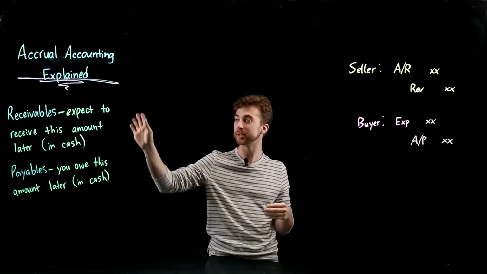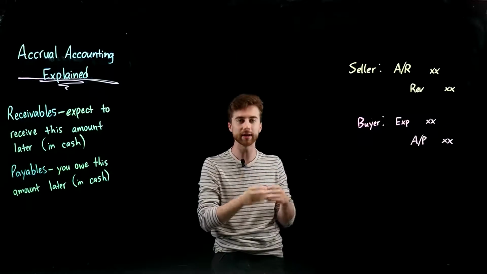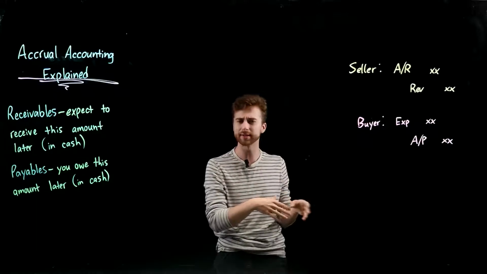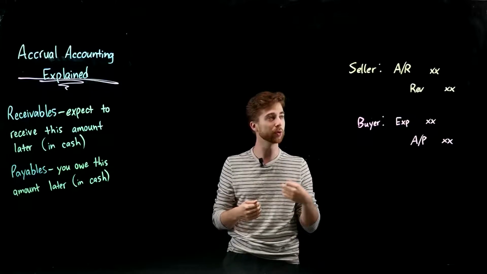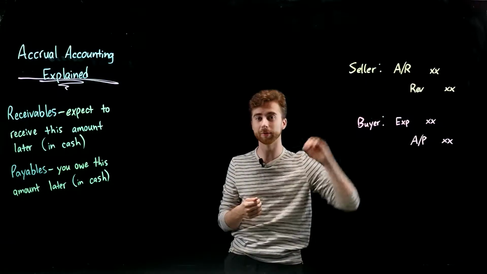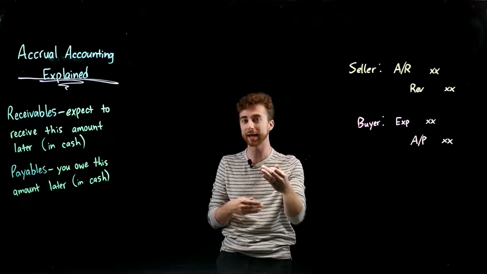So think about it like this. With the seller, if I'm going to recognize a receivable, so somebody comes to me, I sell them a product, I provide them a service, I do something where they don't pay me the cash right now, but they're going to pay me later. What I'm going to do is debit accounts receivable, because receivables are going to be assets, okay? And the way you increase the balance in an asset account is that you debit it.